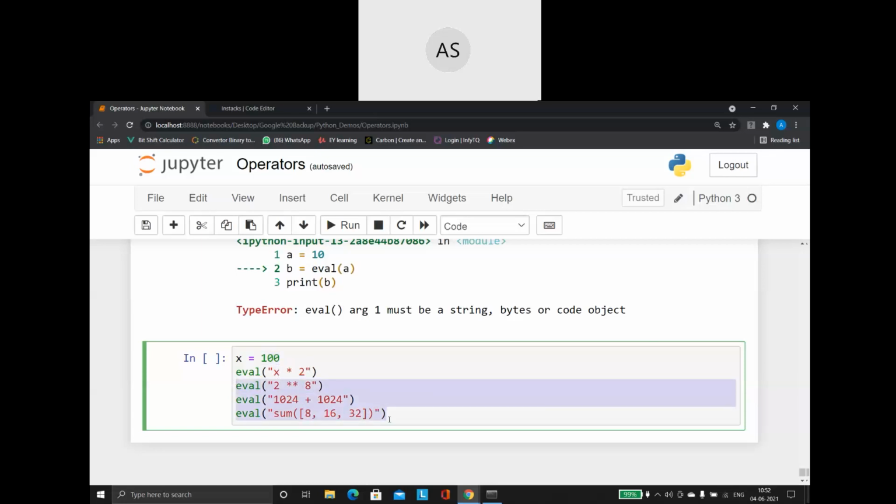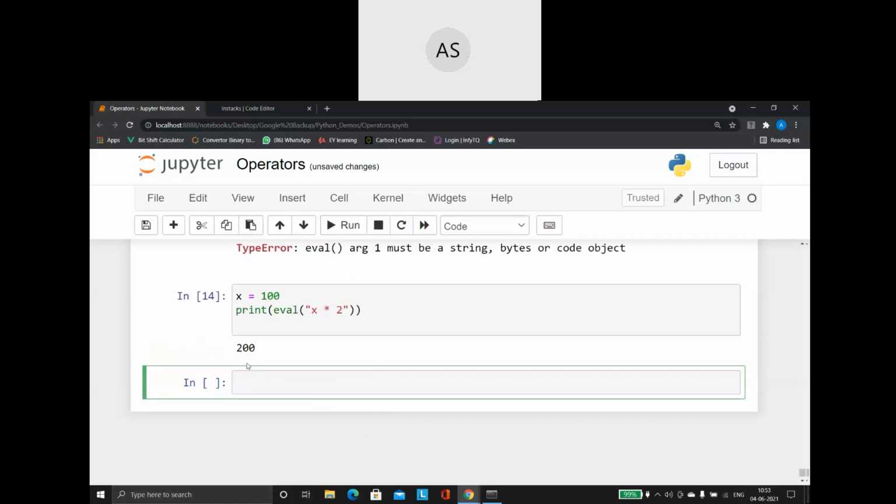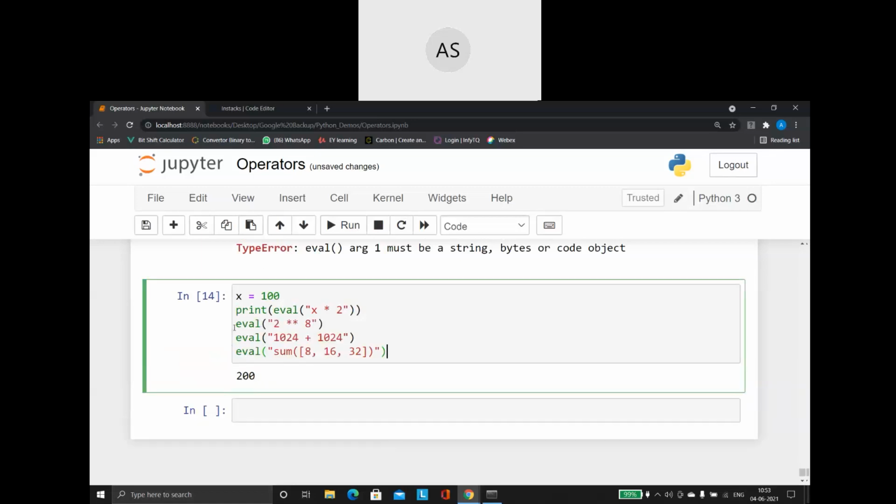That value will be evaluated and that is going to be printed as a result for us. Now what I have to do is add a print statement, because without the print statement, obviously I will not be able to see the result. So let me run this, see what happens. Very nice. Look at the other ones. The other ones also I put inside a print so that we will be able to see the output of it. There you go.